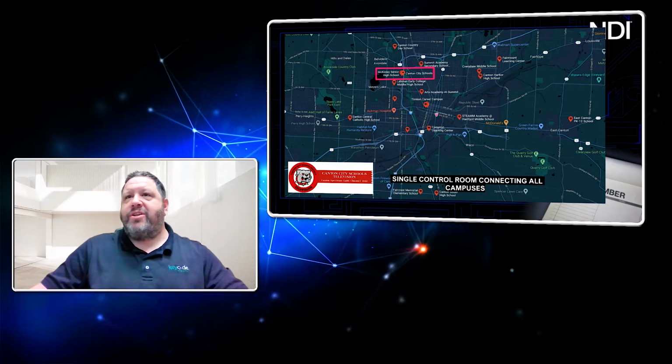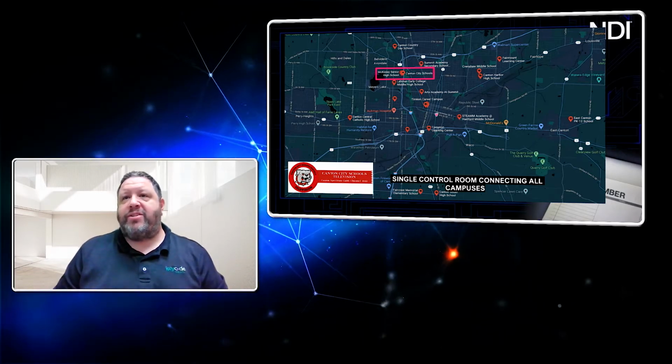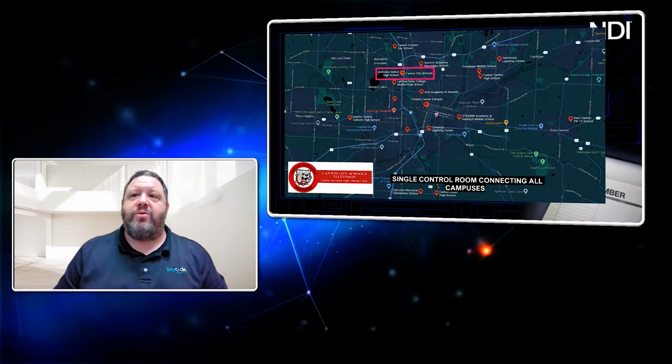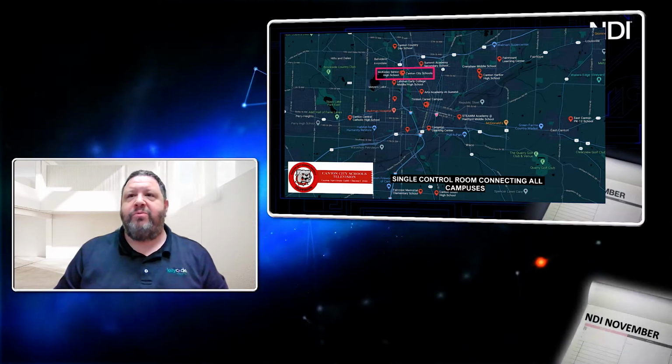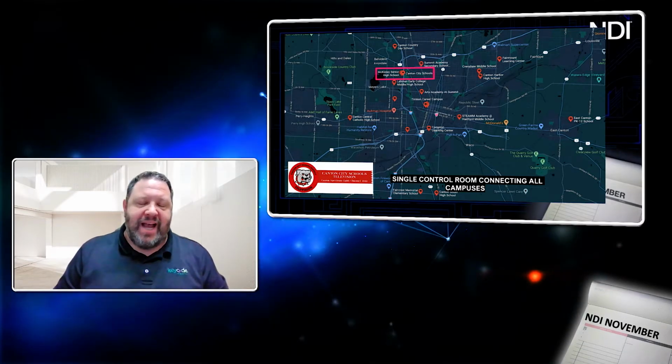So I would just say that, with NDI Bridge, that's great. They also, with Tools 5.5 was released, they added an NDI router. So you can take any source as long as it's on, and route your sources to different NDI destinations. That was great. That was really cool. And one other thing I wanted to mention about